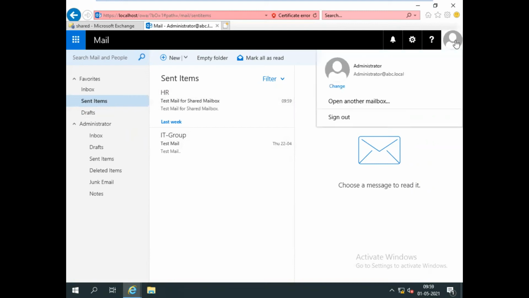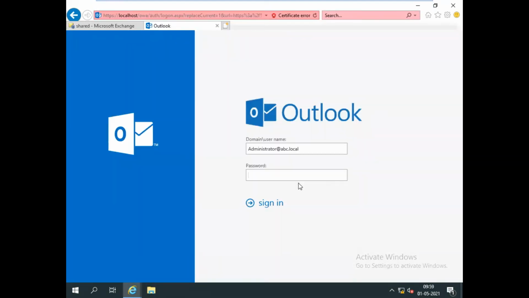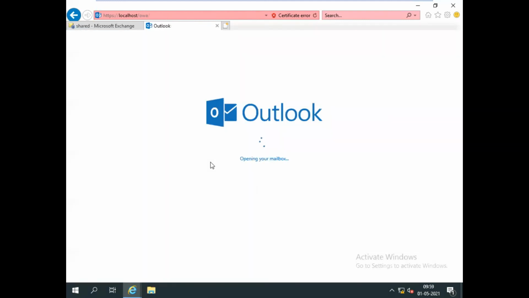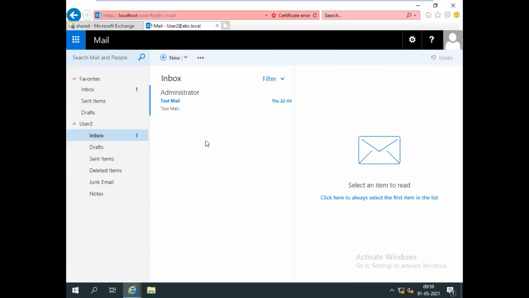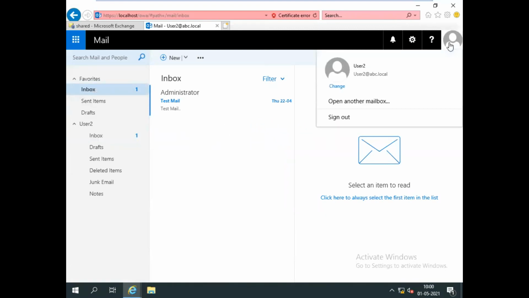Now I'm going to sign out and sign in with the users who were added in the shared mailbox. I added user 2 in the shared mailbox already, so user 2 is a member of the shared mailbox. I log in with user 2 and try to check through OWA whether he got the mail. I successfully logged in with the user 2 mailbox.